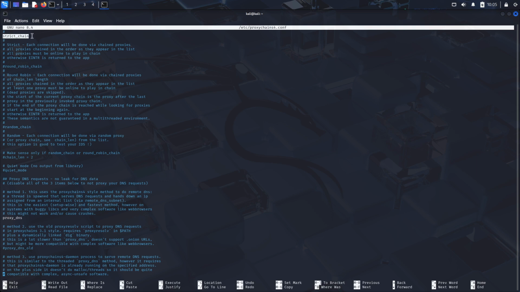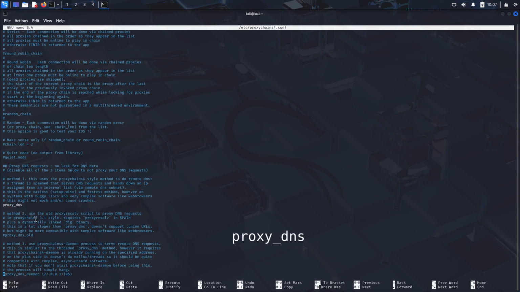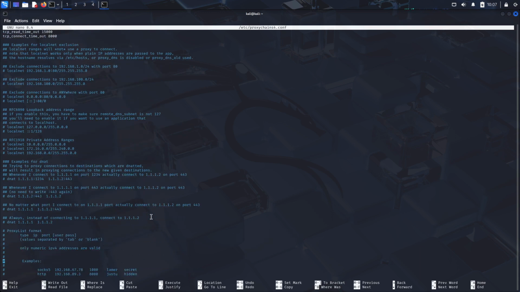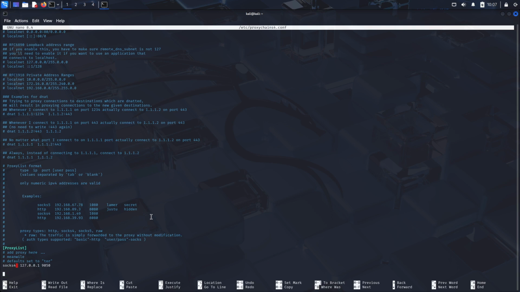But there are other methods we can use. For example, here the round robin chain, also random chain. Anyway, make sure you have proxy DNS, this line here, uncommented. And on the bottom, all the way to the bottom of the file, you will find this line here, SOCKS4